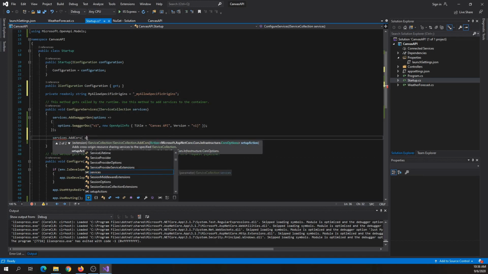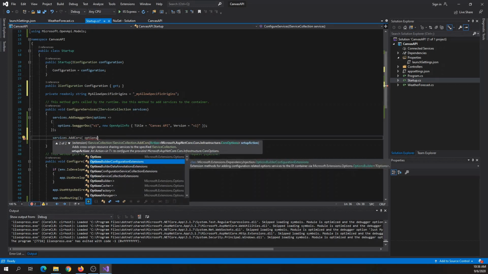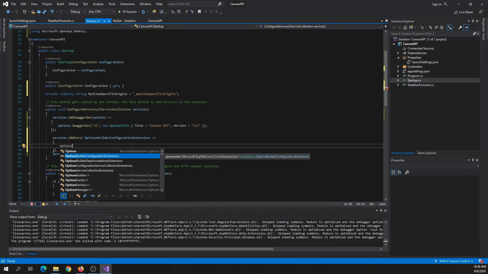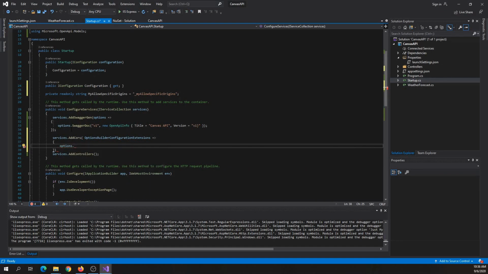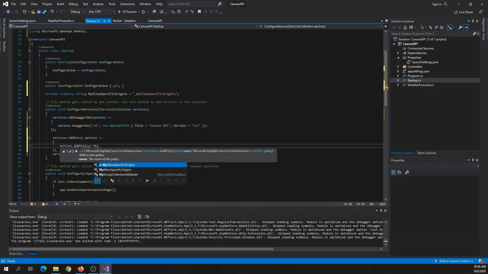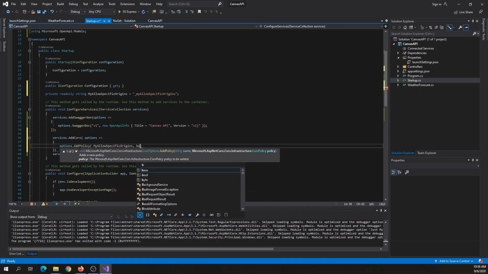So as before, we'll make a lambda expression, options dot AddPolicy, and then we'll give it a name. So it will be the field we just created. And the second parameter would be a lambda expression again. So builder,